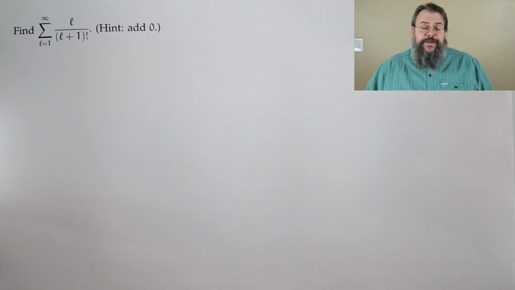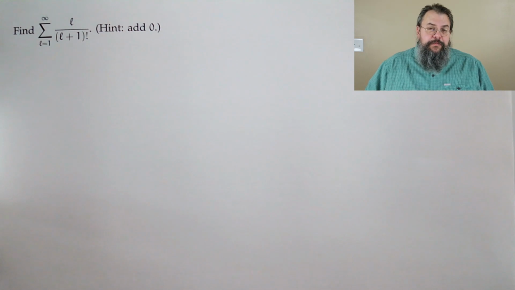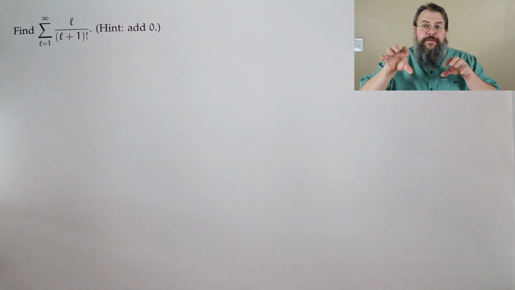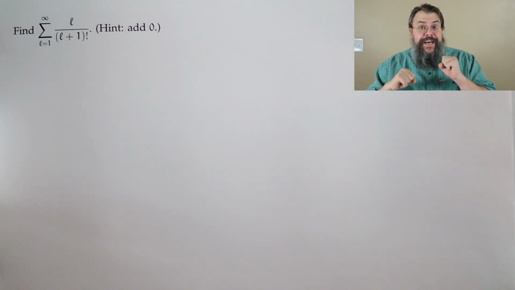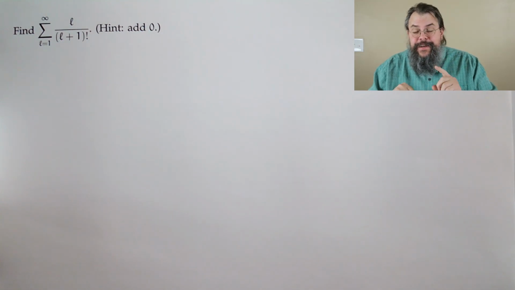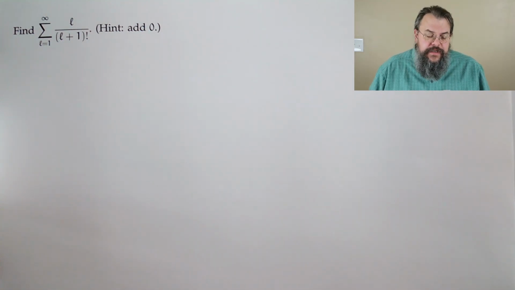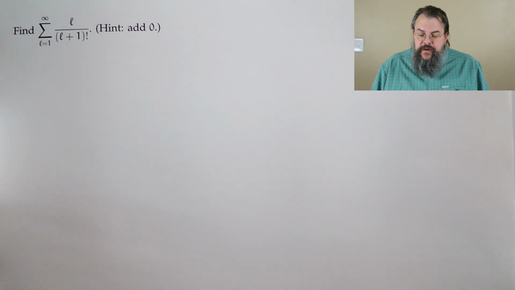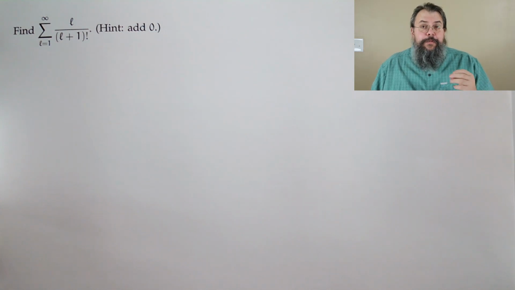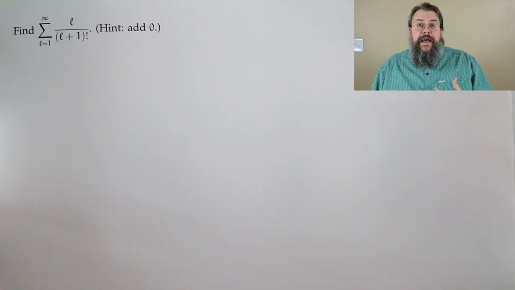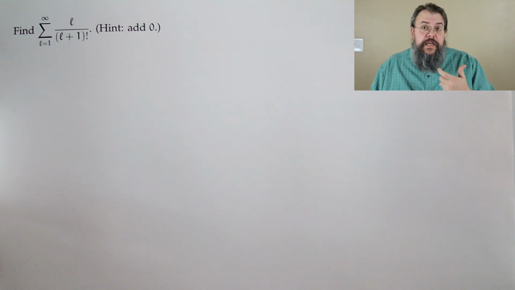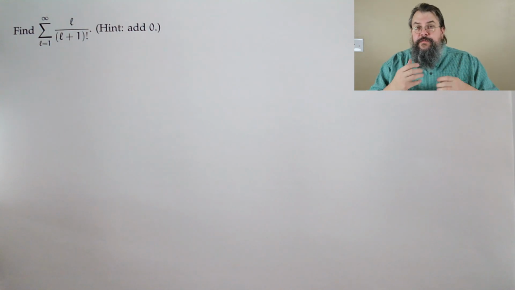So we're trying to look for something that's telescoping, but for telescoping we really need to have 2 terms, something minus something. We don't have that. Not yet. And so there's a hint, add 0. Now there's lots of ways to add 0. You could literally add 0. But when something says add 0, it doesn't mean add the value 0. What it really means is add something which is equal to 0,